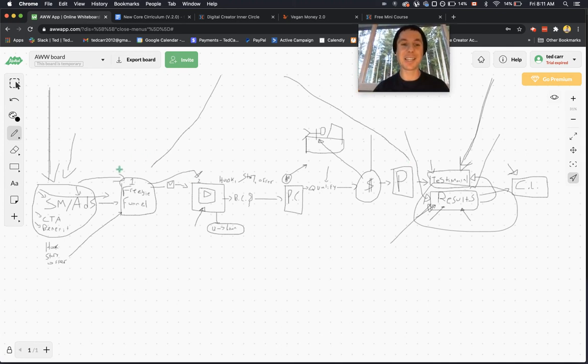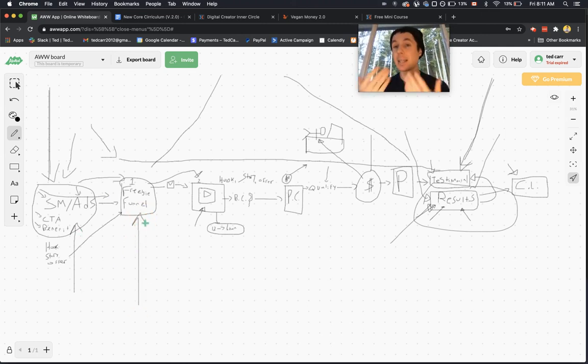It takes them along like one of those flat escalators at the airport. All you gotta do is step on this flat escalator, and it takes them all along right to the result. They just gotta hop on, and they start by joining your freebie funnel, or watching your webinar, or booking the call with you. So this is it. Moral of this story: I don't want you to forget that each piece has its purpose. The only purpose of social media is to what? Get the click. The only purpose of the freebie funnel is to what? Get the name and email. The only purpose of the webinar is to what? Get them to book a call.